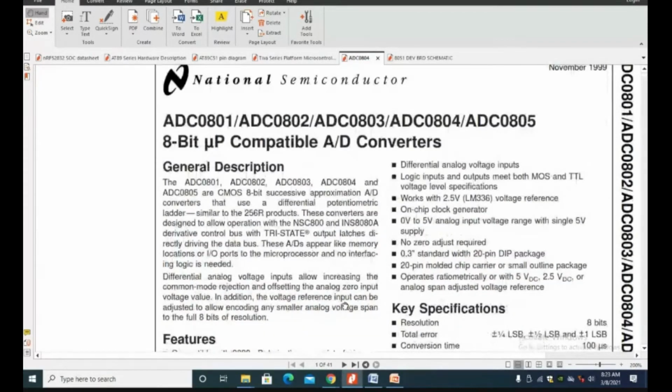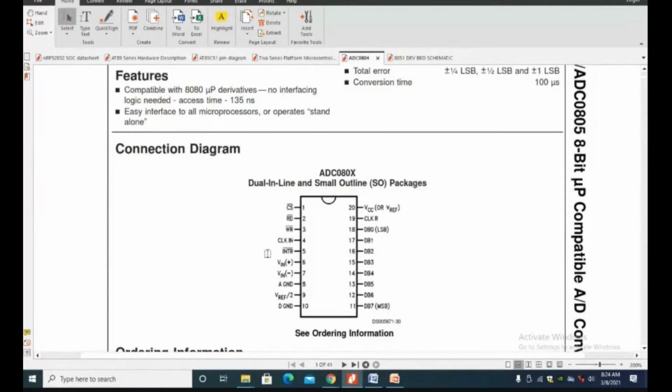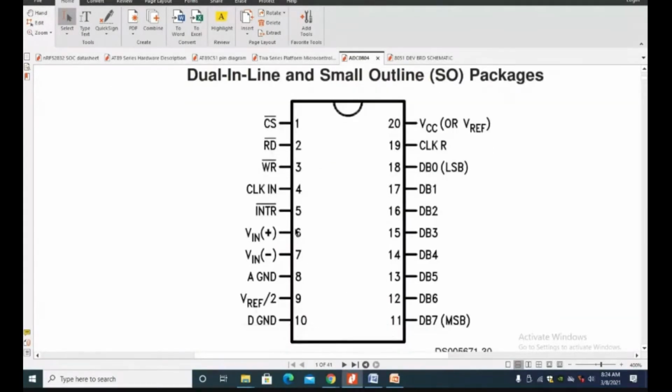With respect to our experiments, we have one 8-bit ADC, which is the ADC 0804. It has one analog input, which is the sixth pin, Vin plus, and Vin minus is the ground pin. This is converted to 8-bit digital, and the digital value is available through DB0 to DB7, where DB7 is the MSB and DB0 is the LSB, from the 11th pin to the 18th pin, which can be given as input to the port. So the temperature sensor analog input can be converted to digital, and then we can use it to display.